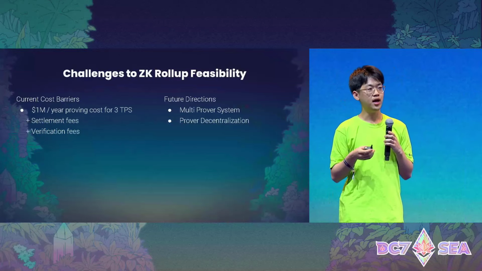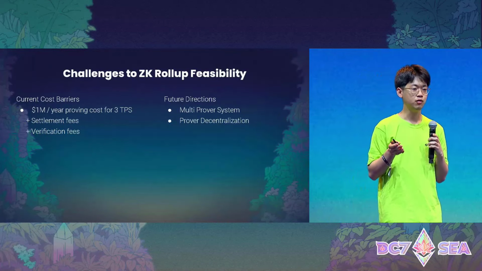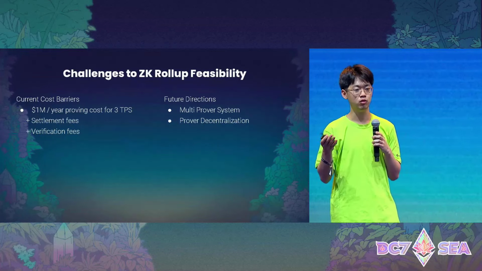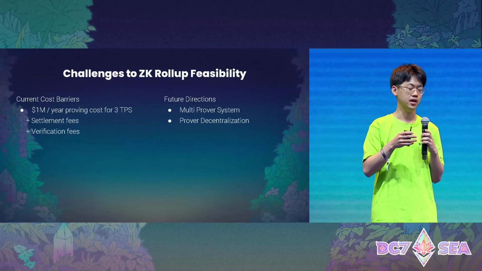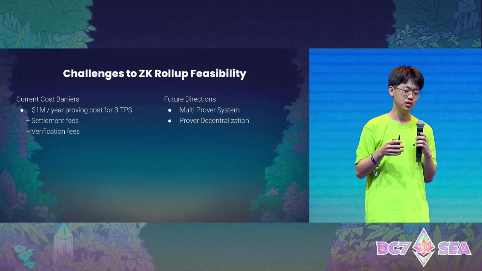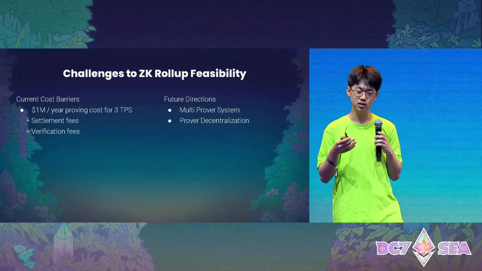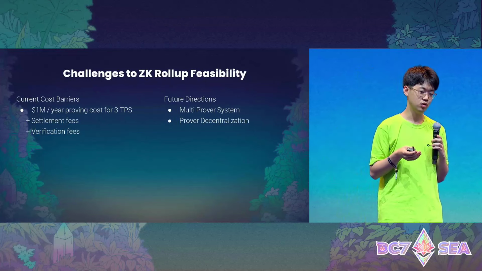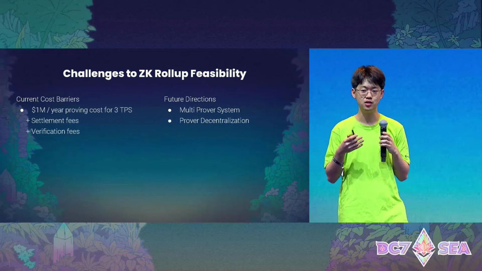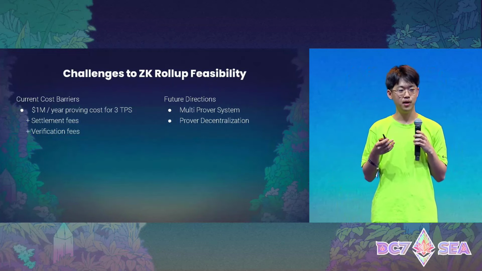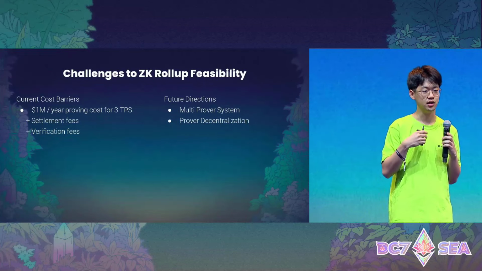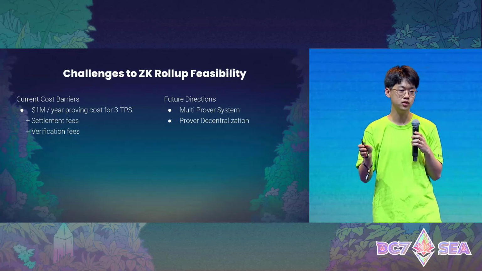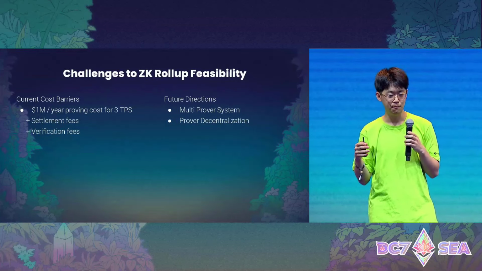And if we have a multi-prover system and if we have zkVMs now, we could really easily ship zk rollups compared to the past 1 or 2 years. But I've done some benchmarks with several zkVMs, and there's still a feasibility issue. So first, there's a cost barrier, which is very important. And in my opinion, it would be really hard to charge the users to use it, since most of the layer 2s and most of the optimistic rollups now have very cheap